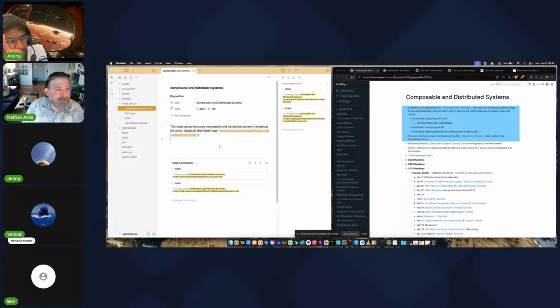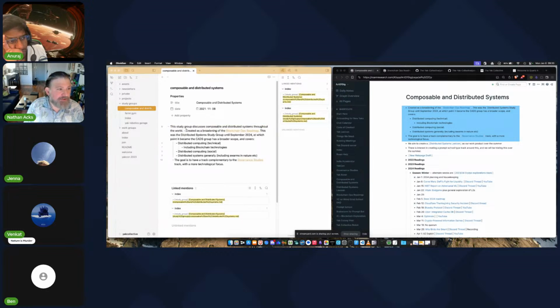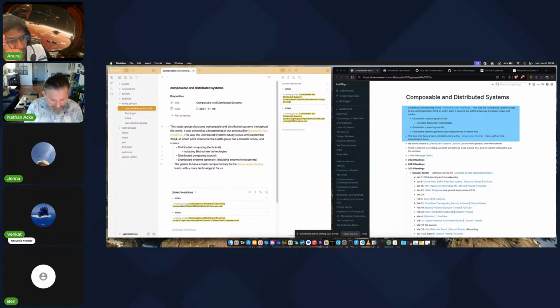And let's go and paste that in here. And we're going to say, I notice it has automatically converted that to a nice quote. Related, or we'll say it was created as a broadening of our previous blockchain studies.